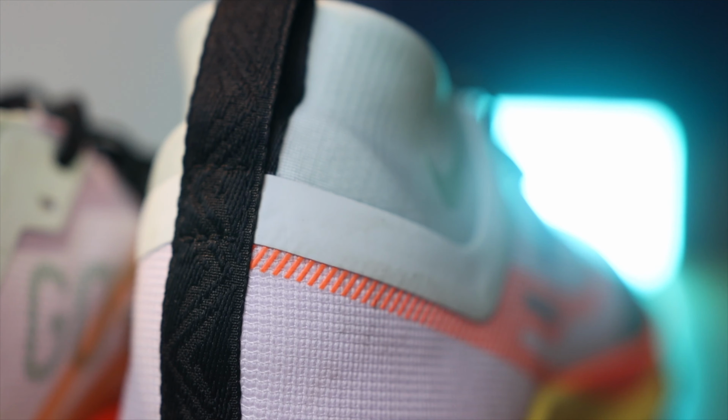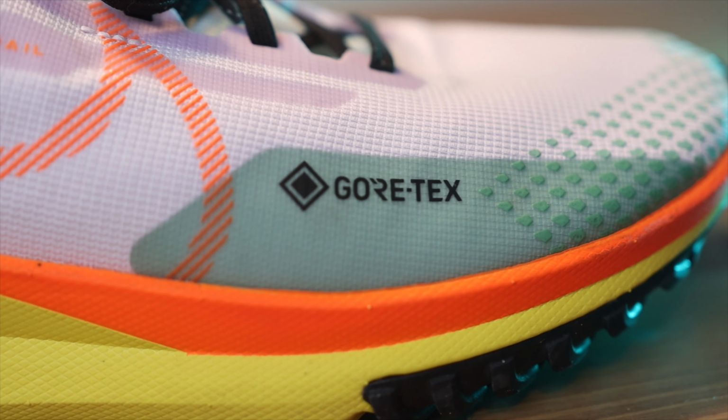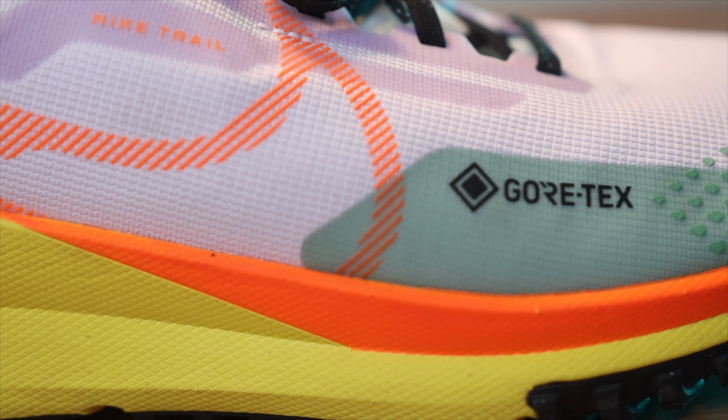I really like what they do with the booty construction in the back here, but it doesn't do a fantastic job of keeping the moisture out. There does seem to be a bit of buildup in it when you're going through thicker snow. It just kind of holds on to stuff and gets wet and makes my ankle a little bit cold, so that is one downside. The Gore-Tex is doing a great job of keeping my feet nice and dry,